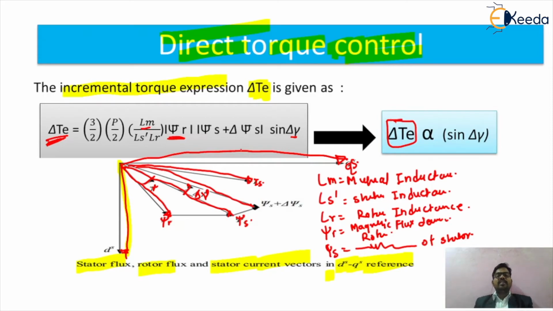As shown in that particular figure, it is directly proportional to sine of the change in the gamma angle. What do we mean by this gamma angle? It is the angle between the stator flux density and the rotor flux density. So while we are changing the stator flux and rotor flux density, we are controlling the value of gamma, and if we control gamma, we can control the torque of your induction motor. So this will be the direct torque control scheme of your induction machine. This is the basic concept.